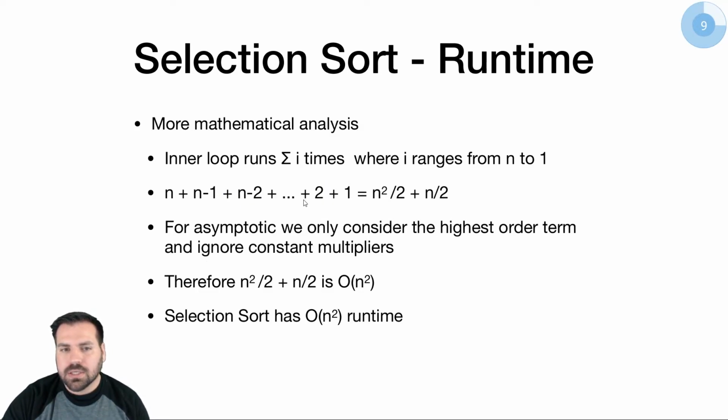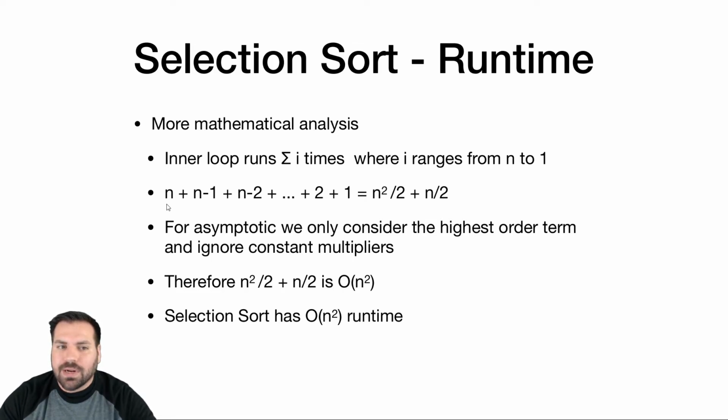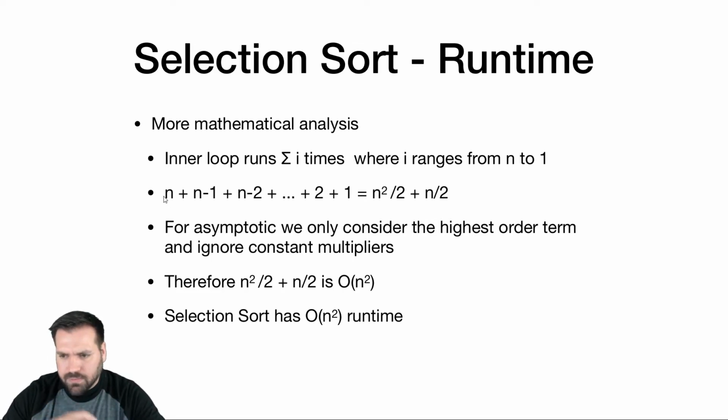Good question. So with the math, that inner loop is going to run n times for the first index, n minus 1 times for the second index, n minus 2, so on until we get down to 1. Well, you've learned in probably several different math classes, if you sum up the numbers from 1 to n, the equation for that is going to be n times n plus 1 over 2 is usually probably the way you see it, or n squared over 2 plus n over 2, which is a function where the highest order term, we ignore the lower order terms, the highest order term is order n squared, we ignore the constants, and we end up with an O of n squared